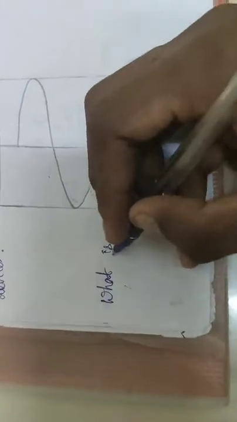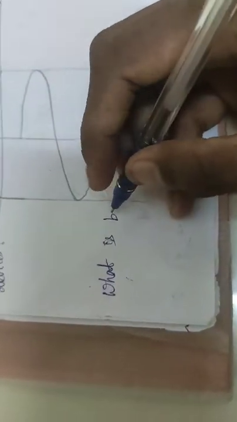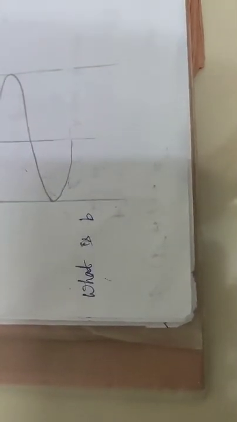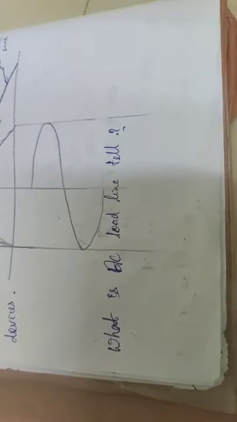And what can an AC load line tell? This is a big question. Big question means it is not an 8 mark question or something; it is a big question in the sense that this question arises for everybody. What does the AC load line tell? I can tell you in points. It is a chain process where one point is related to another.